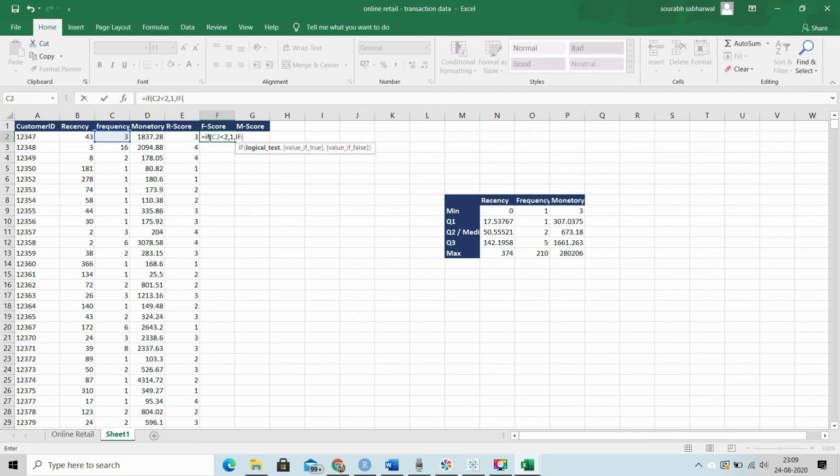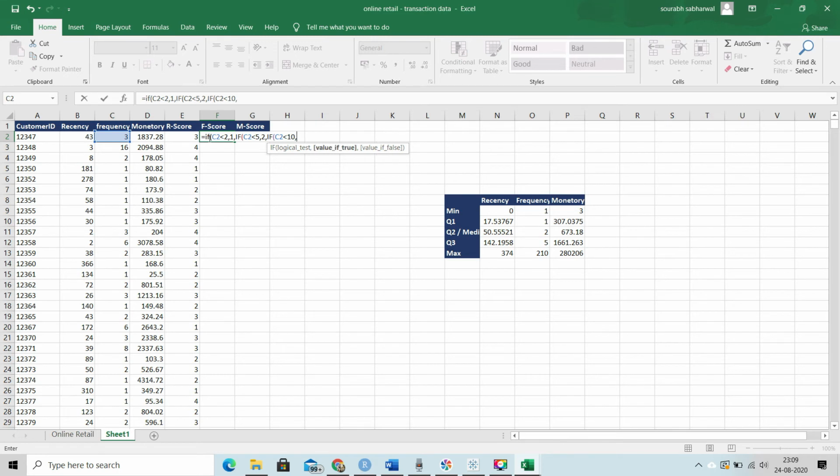Else, if frequency is less than 5, that means the values can be 2, 3 or 4, that kind of customers, let's give them score 2. And for frequency less than 10, that means they have visited 5, 6, 7, 8 or 9 times, let's give them 3.